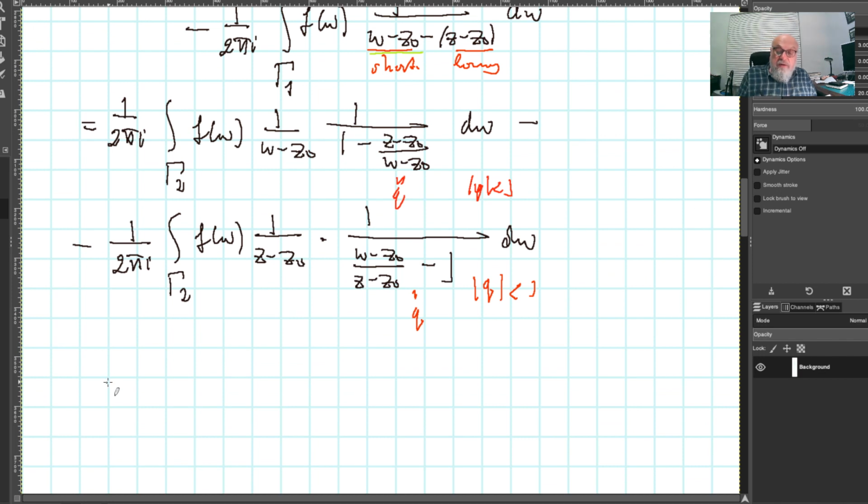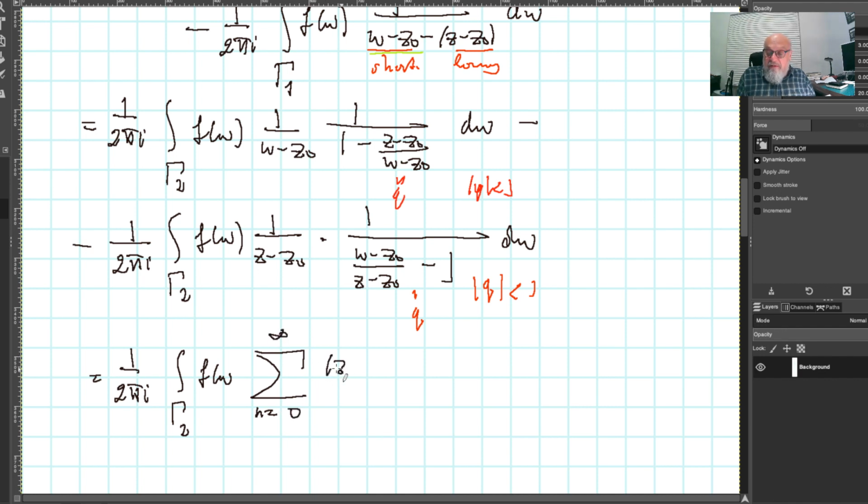So we continue, write it down. This is 1 over 2 pi i, and the integral over gamma 2 of f(w). And then I do the power series, so just simply, since we did it a couple of times already, I will write it down. This is equal to (z minus z0) to the power n divided by (w minus z0) to the power n plus 1, dw. And for the second one, look, here I have minus, so if I reverse this, that minus and this reversion will cancel each other. So that means actually I can write here plus